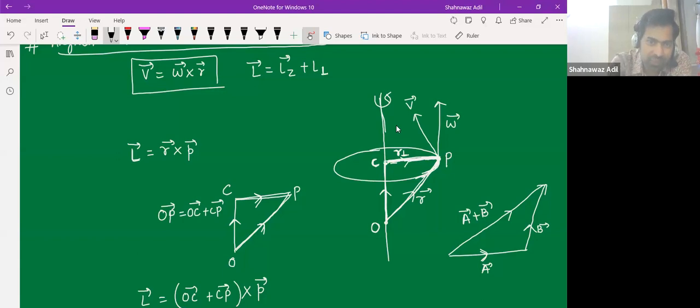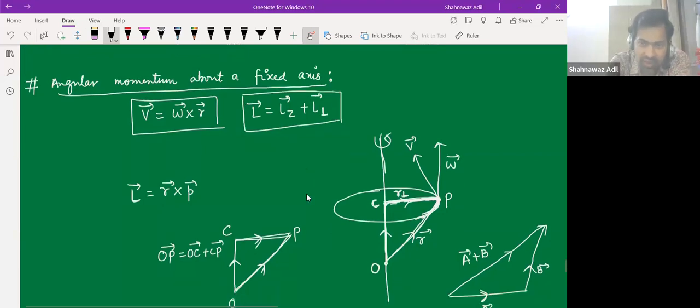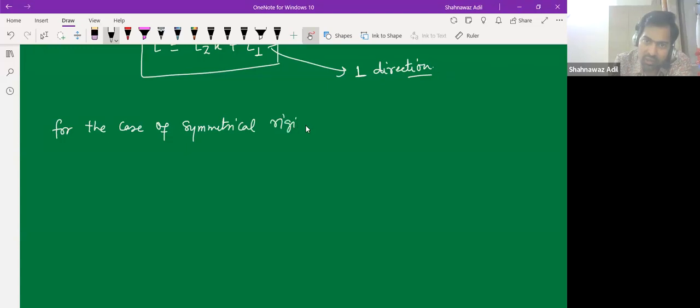So I can always divide my angular momentum into parts. And for the case of a symmetrical rigid body,